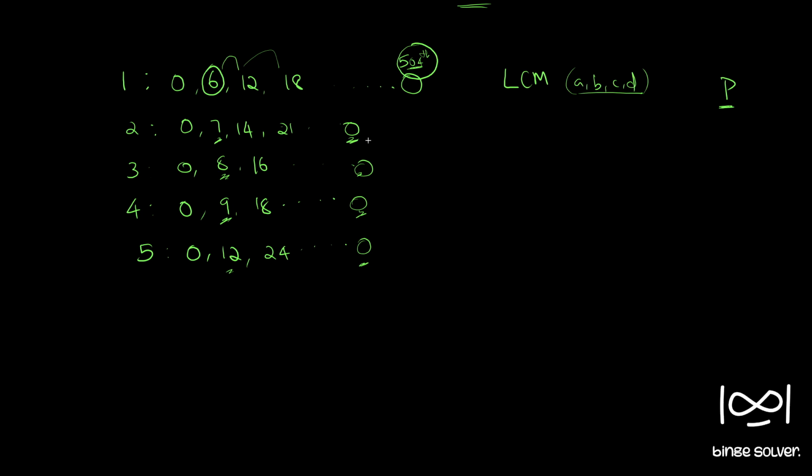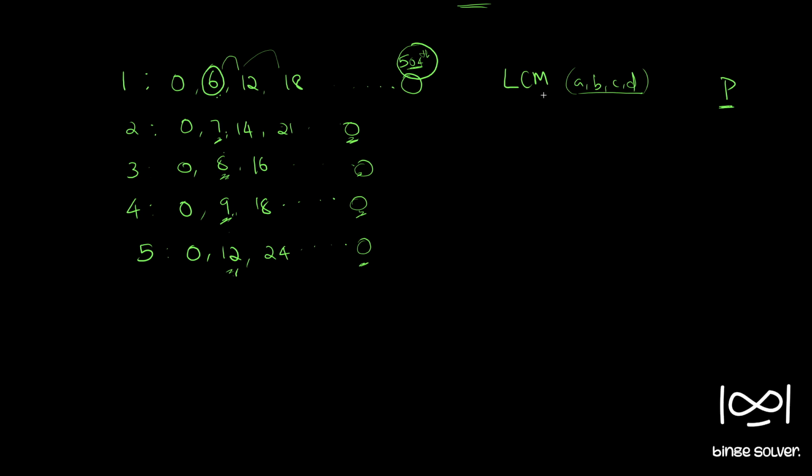The same thing we are looking for here. So the number that should appear common in all these rows should be divisible by 6, 7, 8, 9, and 12. So for that, we have to find the LCM of 6, 7, 8, 9, 12. So that is why we are finding LCM. The importance is that it is the smallest number that will be divisible by these numbers. That is the reason why we were looking for LCM.